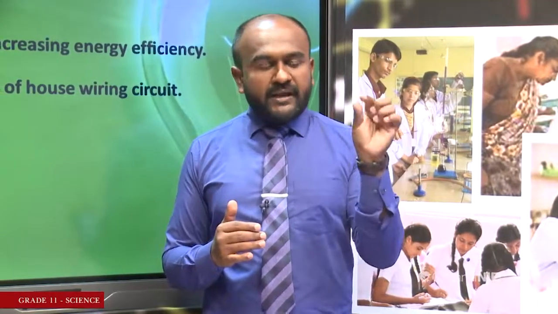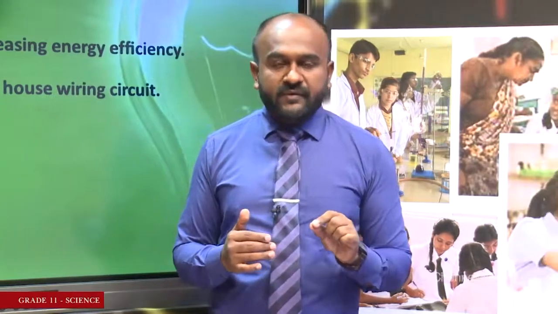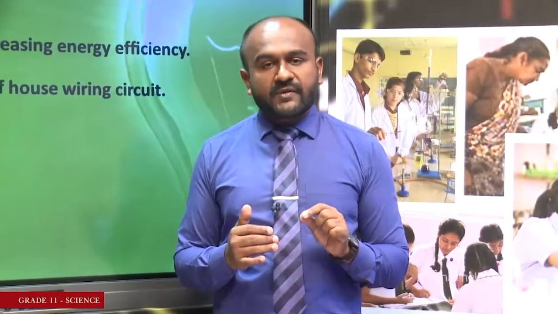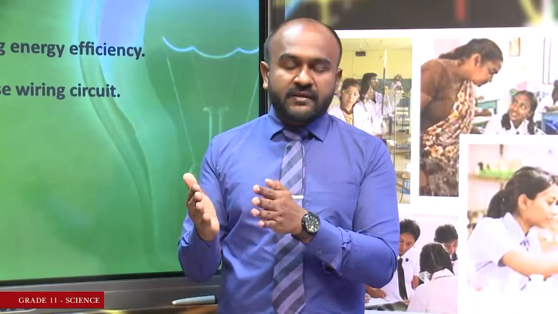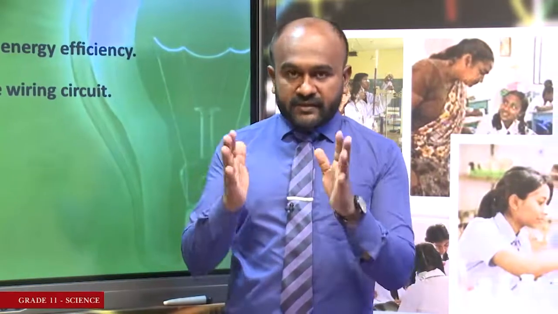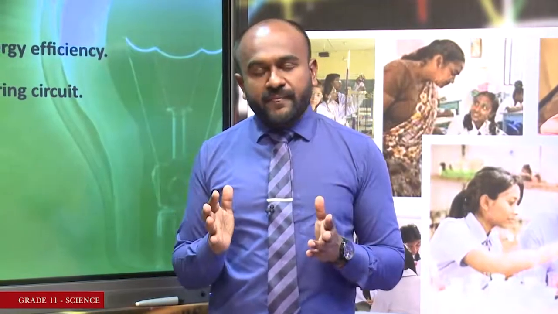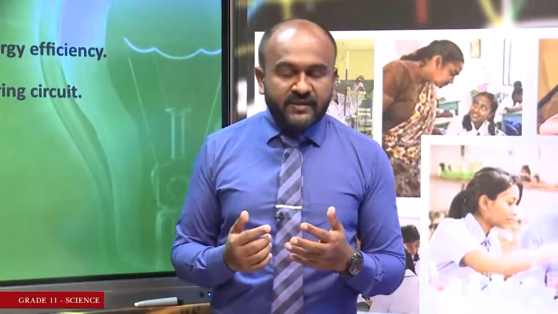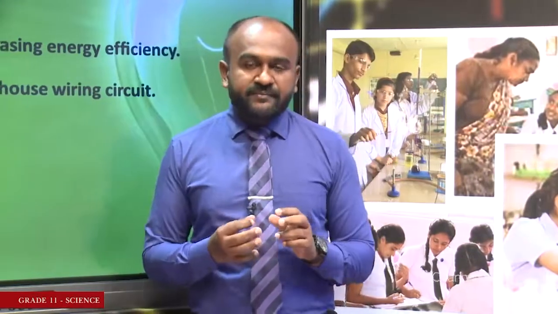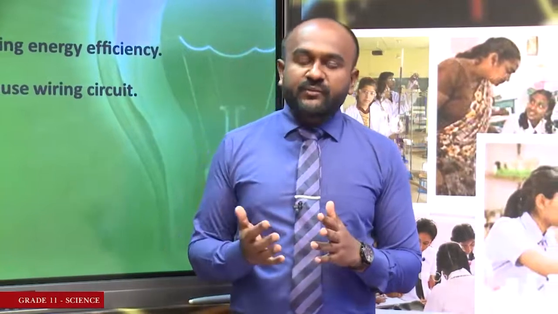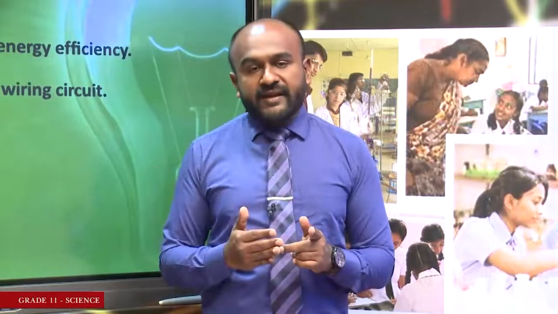Then the live wire of the supply cable is sent through another circuit breaker. What do you call that circuit breaker? You call it overload circuit breaker. Supply cable has two wires, live and neutral. I think you all know how to recognize them now. How do you recognize them? From the color of their insulation. Live wire comes with a red or a brown insulation, and neutral wire comes with a blue or black insulation. So, in that way we can easily recognize them.